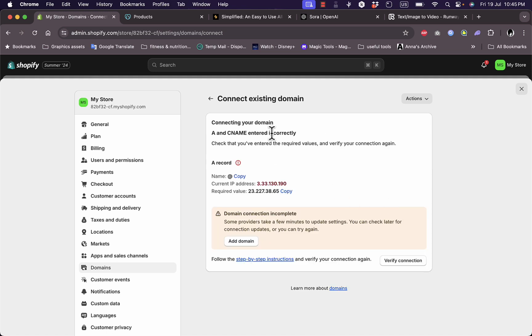Okay, here in order to connect the domain name to Shopify, I need to add an A record and a CNAME record right here. And what I need to do in order to successfully connect my GoDaddy domain name is to add this A record to the DNS records of the GoDaddy settings. So here the A record, and the name is current IP address is this, and the required value, I need